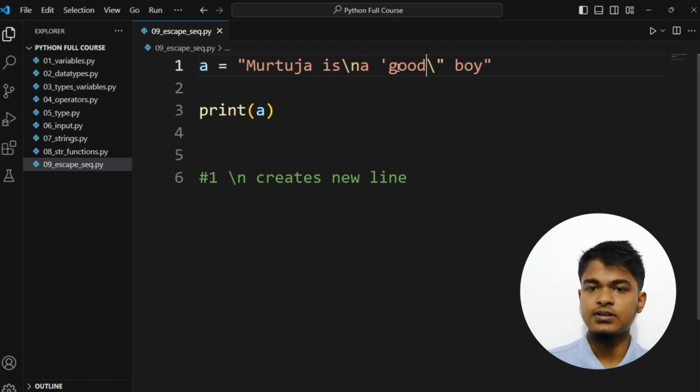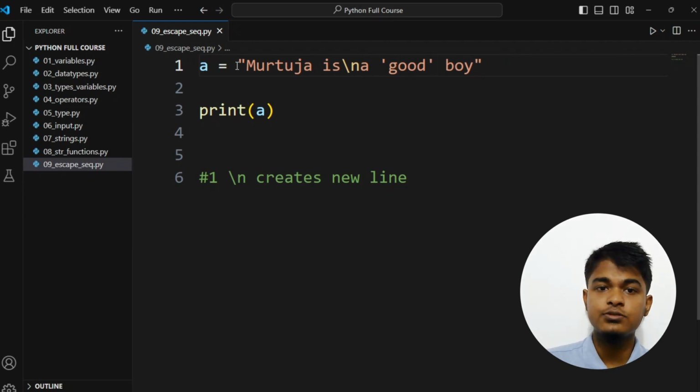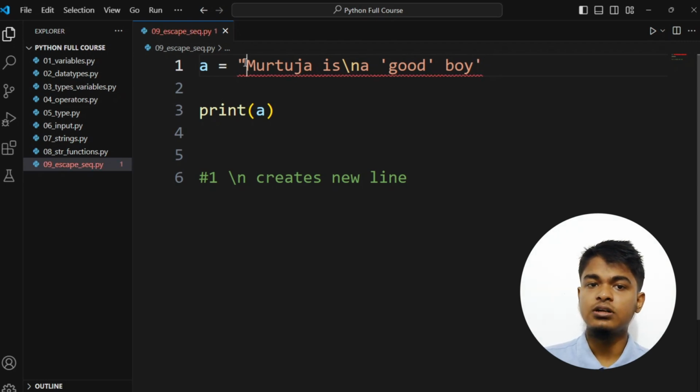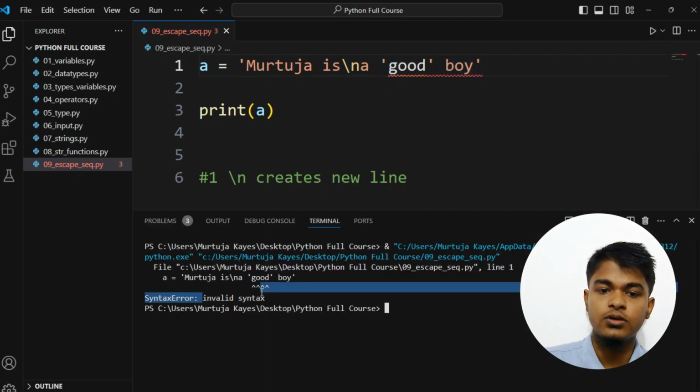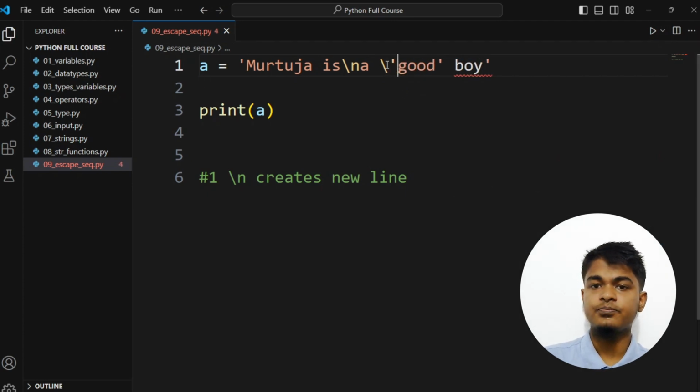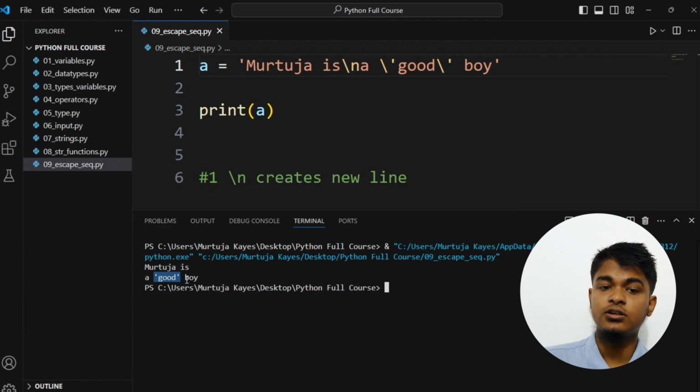We can simply just use single quote here, because Python won't be confused here, because we are using this double quote for our string and then we are using this single quote. But as you know, we can use single quote in our string. Now what? This will show us error. Let's just find out what. There you go, we have this syntax error again. For that, we can use escape sequence again. Now if we print this, there will be no error. Okay,